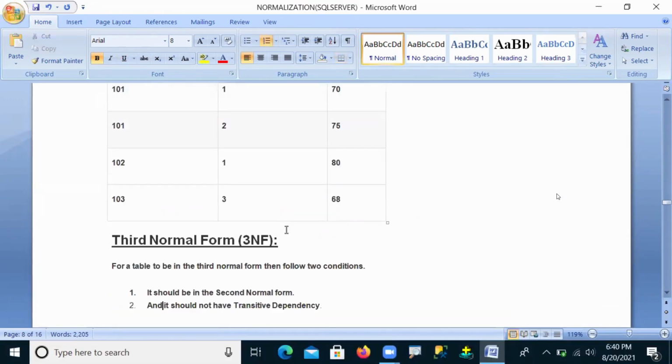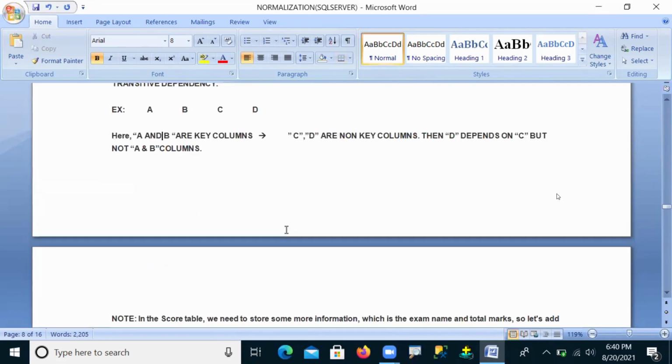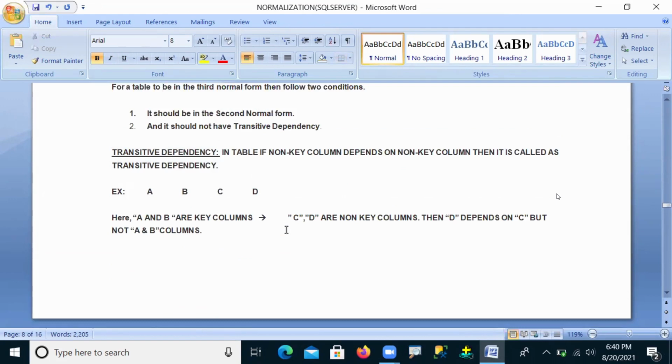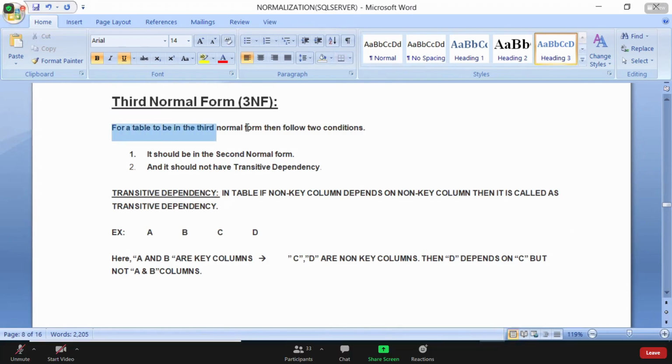Now come to third normal form. First read the definition of third normal form, guys. Third normal form is telling us that for a table to be in the third normal form,